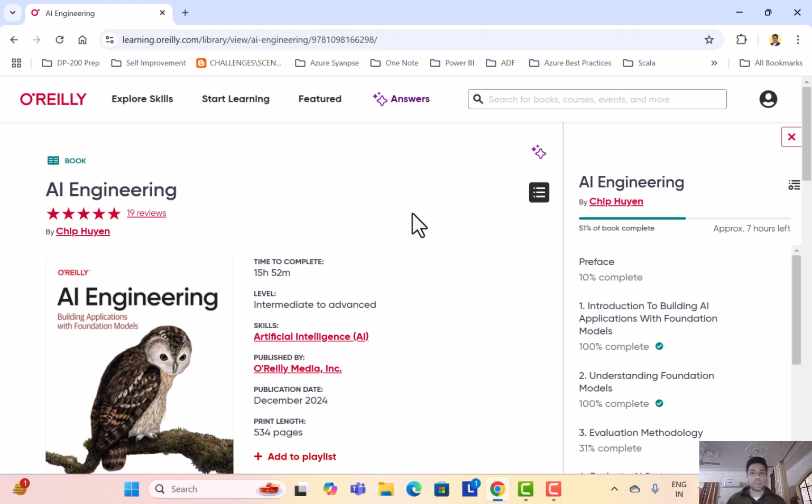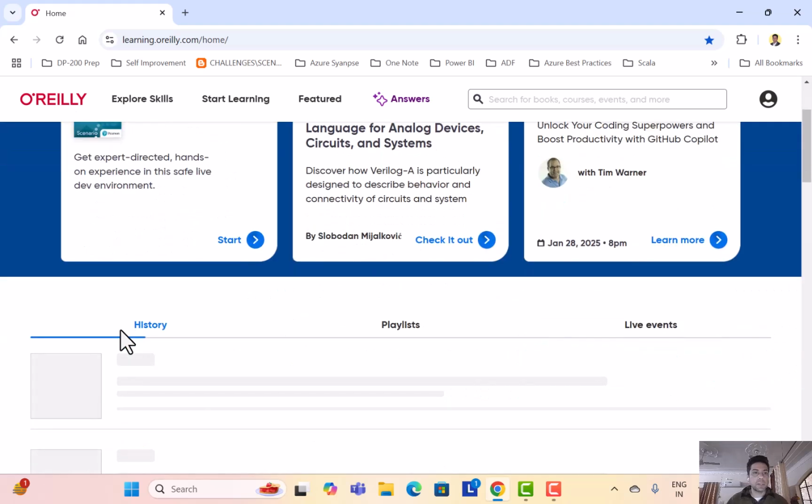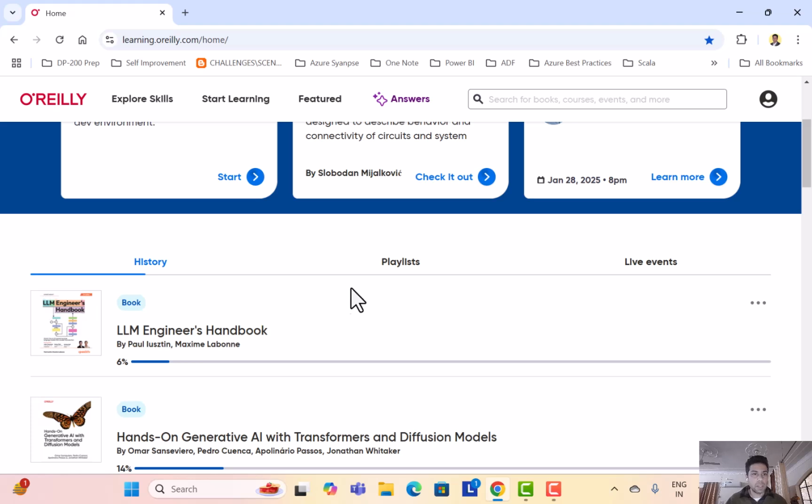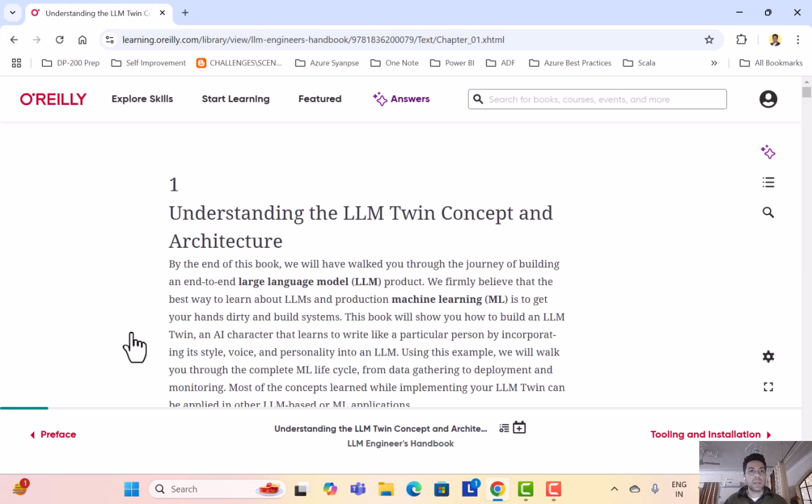So this is one of the books, and then if you go to the home page, there was a suggestion for another book which we will be covering today, at least a very short snippet of it, which is called LLM Engineer's Handbook. So this book I have not started, and I thought that this would be a good platform to go through this book. So let me just open this, and we are looking at ways how we can use all the theoretical knowledge that we gain on AI and use it for practical purposes.